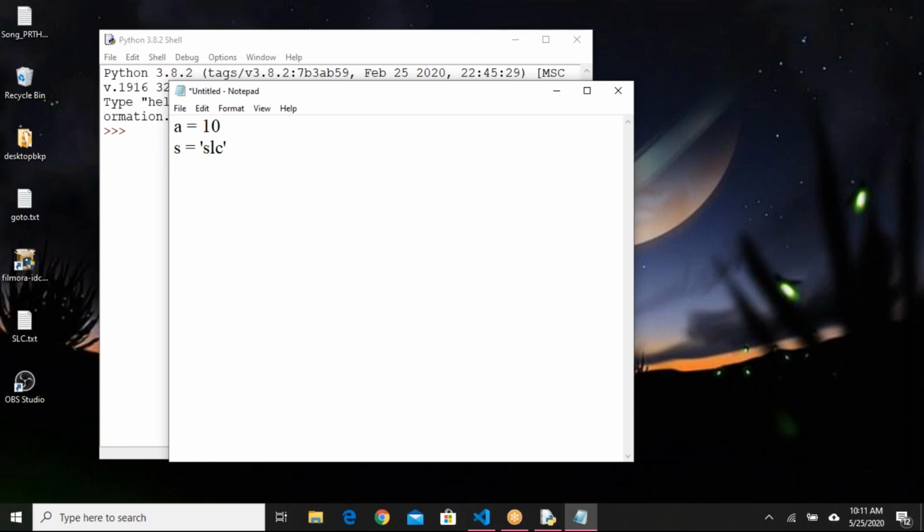We have a concept called collections in Python. Collections are used to store multiple items as a single object. As a single object, you can declare one variable, and you can hold multiple items. You can store multiple items into it. There are different types of collections we have. Lists we have, tuples we have, sets we have, dictionaries we have. Okay, like that we have different types of collections available.